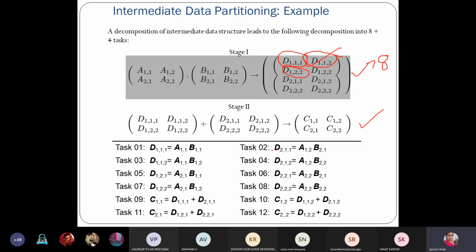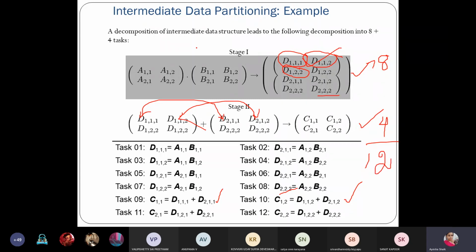Okay, so 1, 2, 3, 4, 5, 6, 7 and 8, up to 8 tasks I have been provided. And for the addition of the intermediate values, I can take this as task 9, and this as task 10. So like that, the computation of these 4 values I can take as 4 tasks. So totally, I will be having some number of tasks.